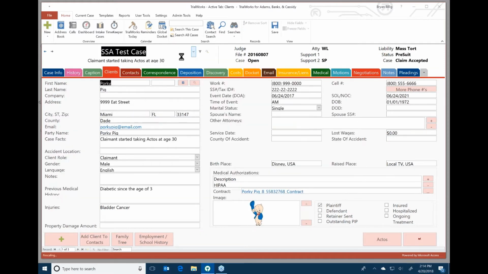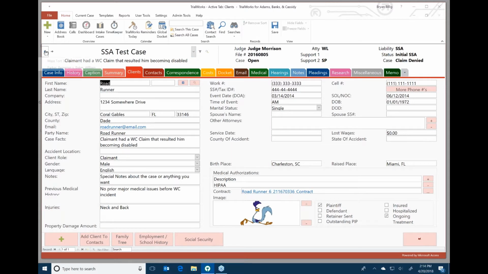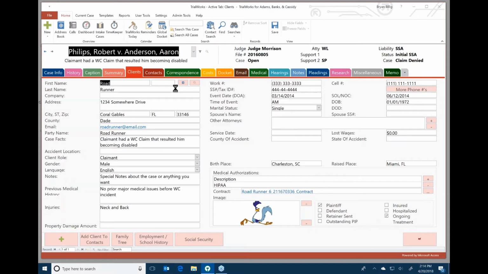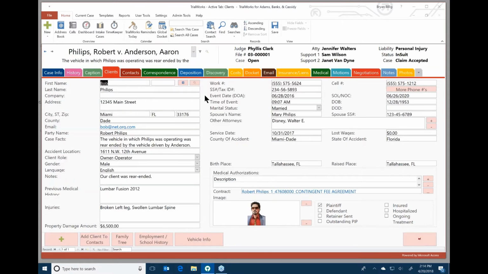And that one, and then I right-click here, and I'm going to have a list of the previous cases that I had open. So let's go back to our Phillips case. It's just some neat ways to customize the screen and know where you are and get back and forth fairly easily. So let's move on to our next category,